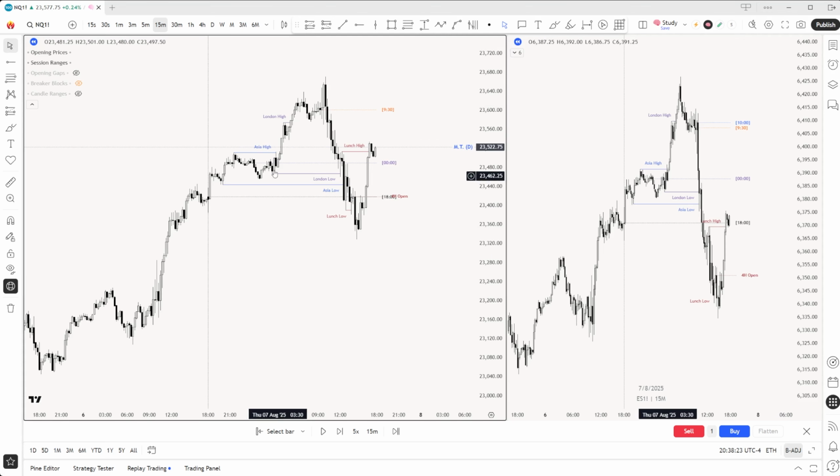But the one criteria that we are missing, well, there's two actually, but we have no SMT at our key level, right, that we would be looking for. We do have some red at the open, so that criteria could be met there, but we did not trade back to that daily open during Asia open. What does that mean for me? Well, very simple. I don't consider this a trending day.